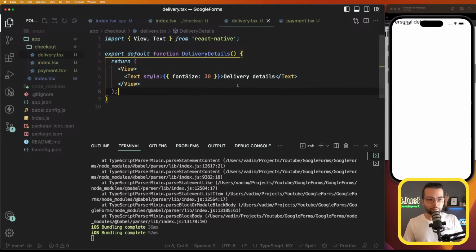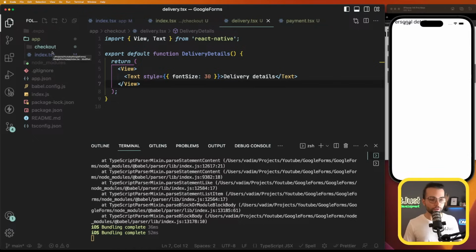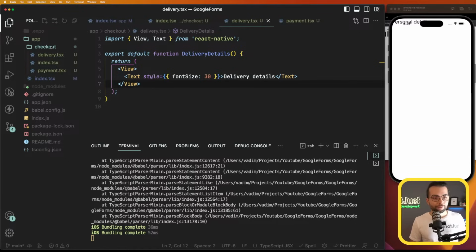The next step is going to be to specify what kind of navigation container this checkout is. Because at the moment, these payment and delivery screens are still part of our root navigator. To define the checkout as a separate navigation, and in this case as a stack navigator, where we will be able to move back and forth between screens,